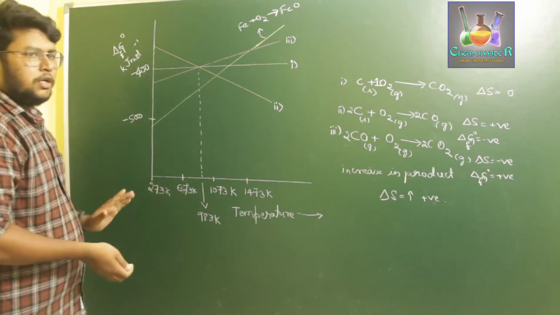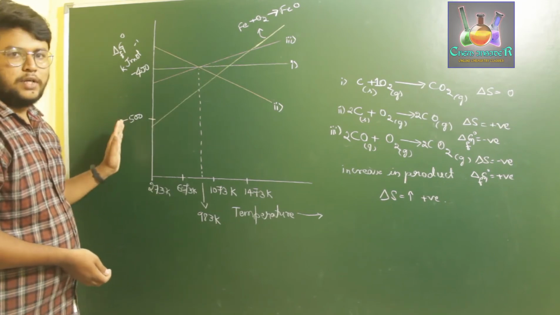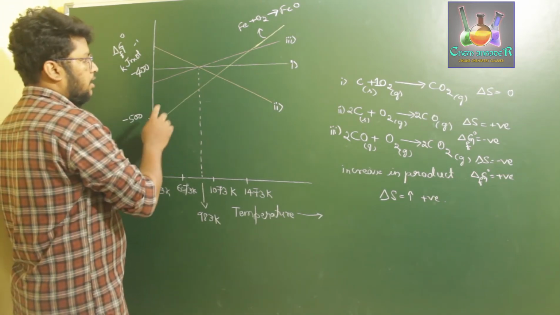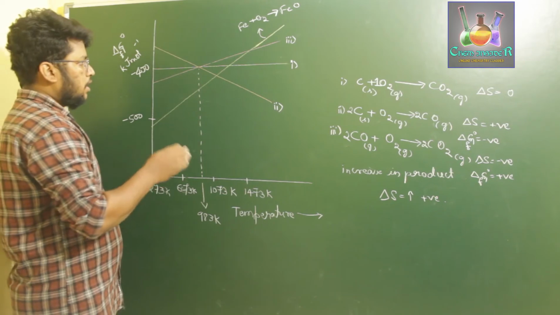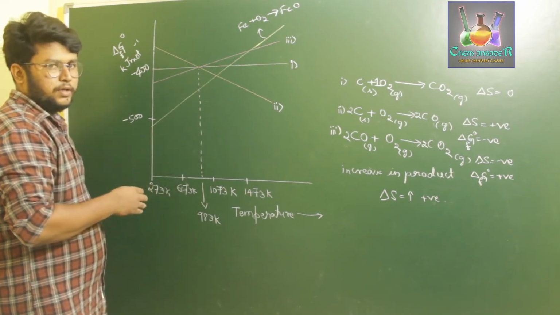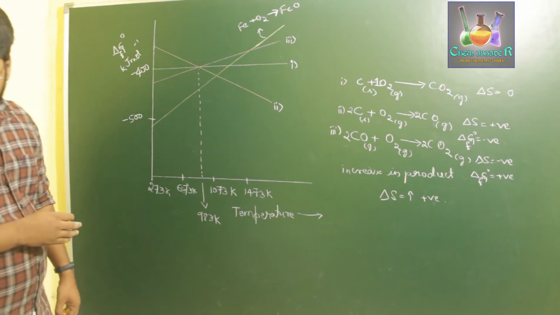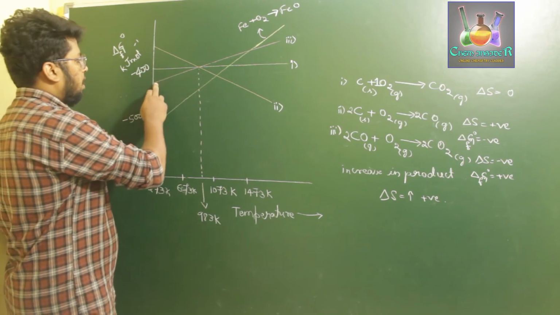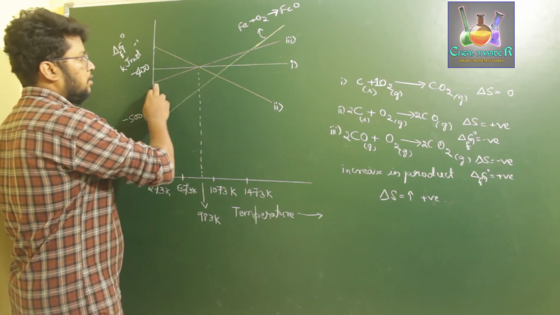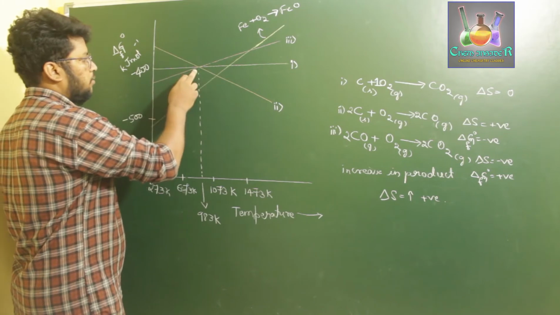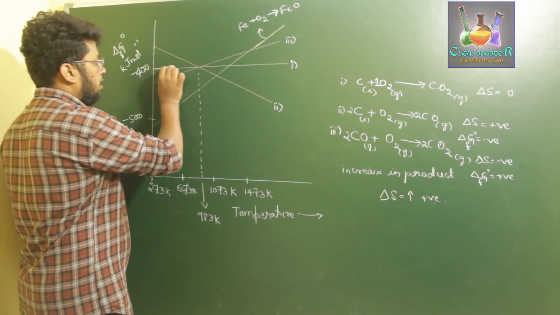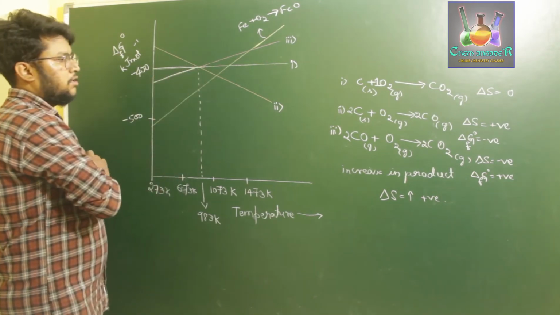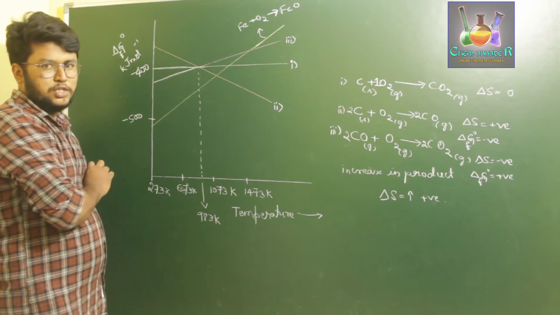So now we can conclude this as 2 topics. One is before 983 Kelvin, one is after 983 Kelvin. So if you observe over here, below 983 Kelvin, we have the carbon monoxide curve. So the third curve, we can use carbon monoxide as a good reducing agent. So below 983 Kelvin, we can use carbon monoxide as a good reducing agent.